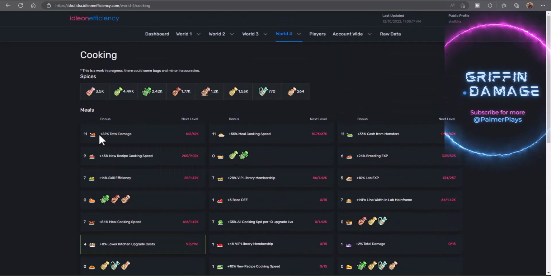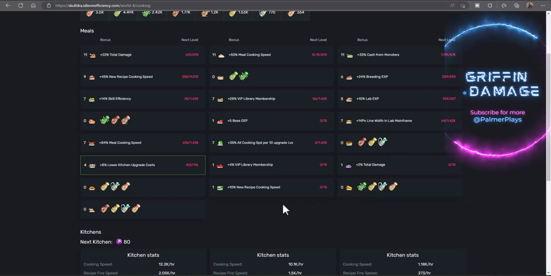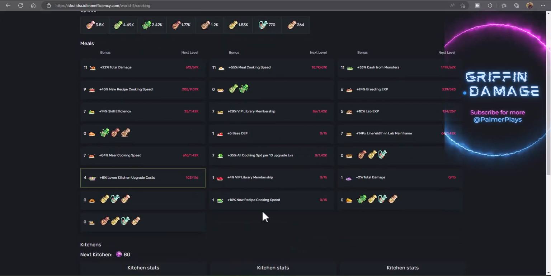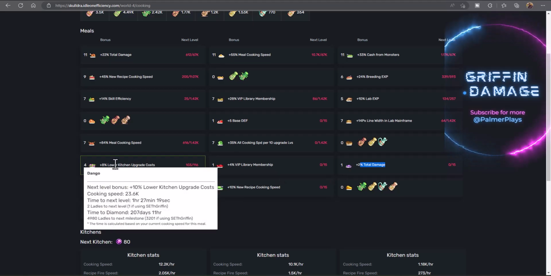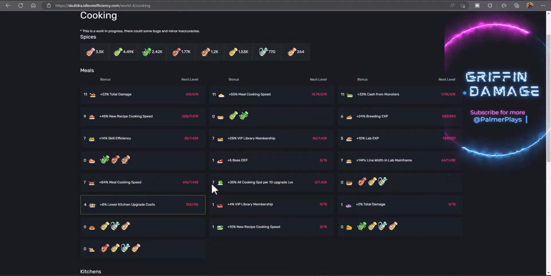Because when we're talking damage, you're going to have Turkey a la Thank, you're going to have the Octoplop, and then there's going to be one a little bit further down, the Giant Fig, is what I believe it's called. So you're doing good, 22% total damage. That's a big gain for you right now. Obviously, Octoplop is good. I can see you're going after the Dango for the lower kitchen cost. I would say prioritize your cabbages, get that to level 11,